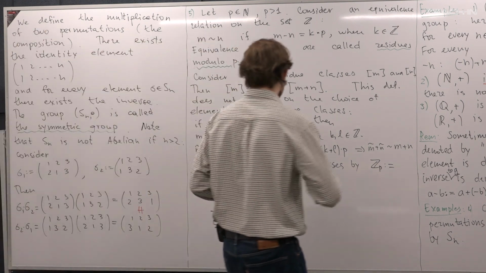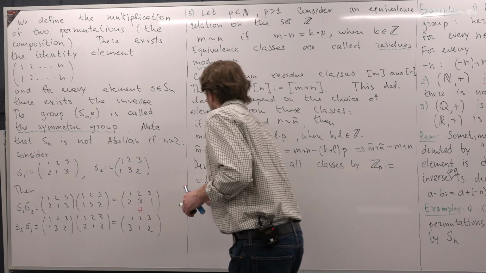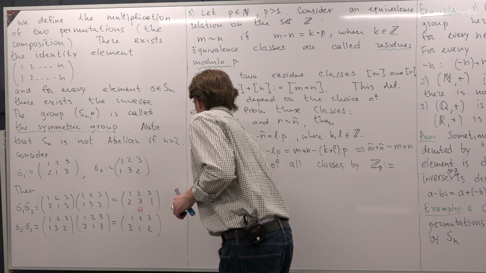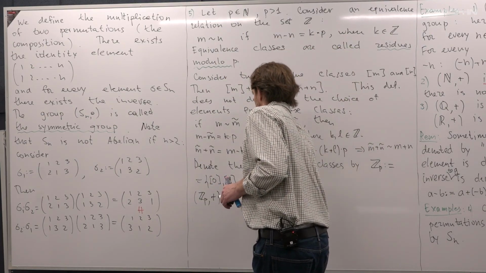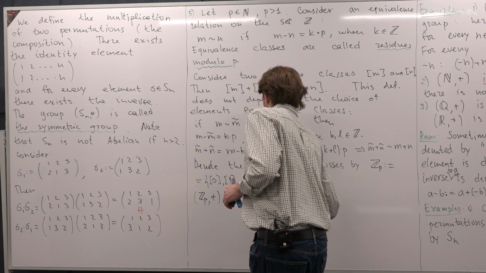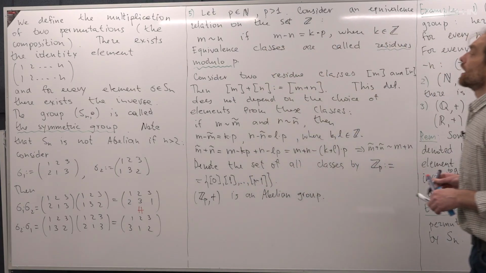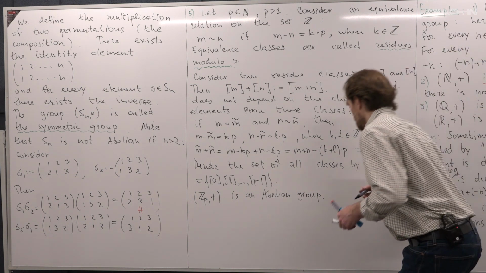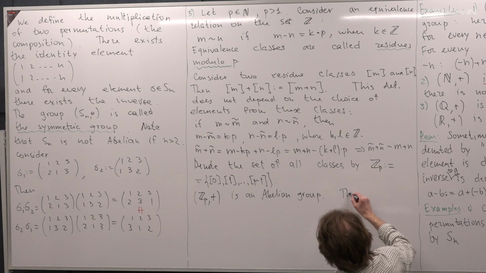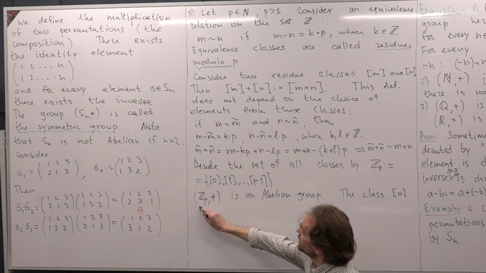So we have p elements in this set, and this set is a group with respect to the addition, is an abelian group. So the commutativity and the associativity are obvious, but what is the identity element? So the class of 0 is the identity element,